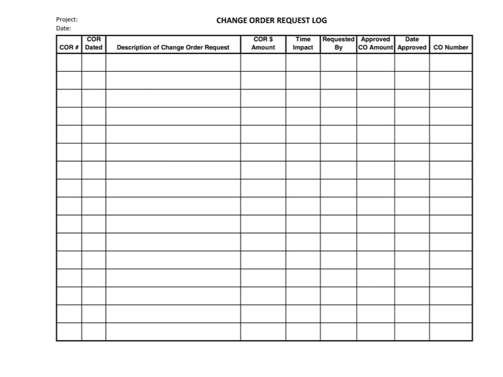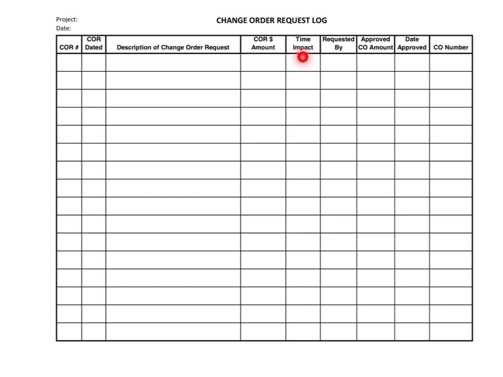So let's look at a change order request log, which is a simple tool for helping keep track of all the change order requests and the status of change orders on a project. This simple example has a title block at the top to insert the project name and the date that this log was updated, has a column for the change order request number, has a column to indicate the date of the change order request, a brief description of the change order request, what the change order request dollar amount is,